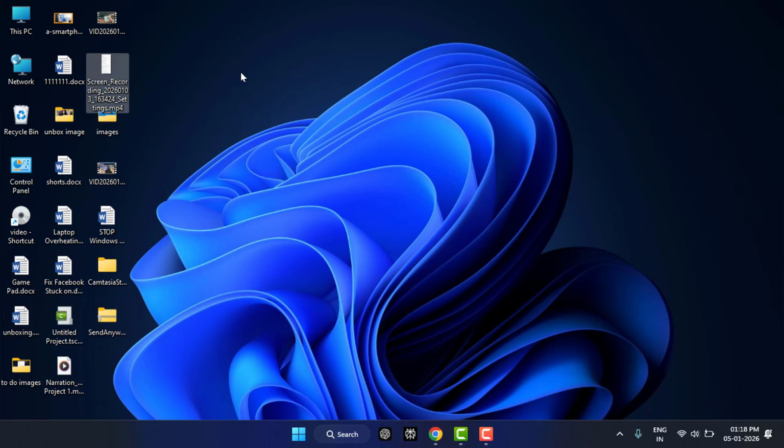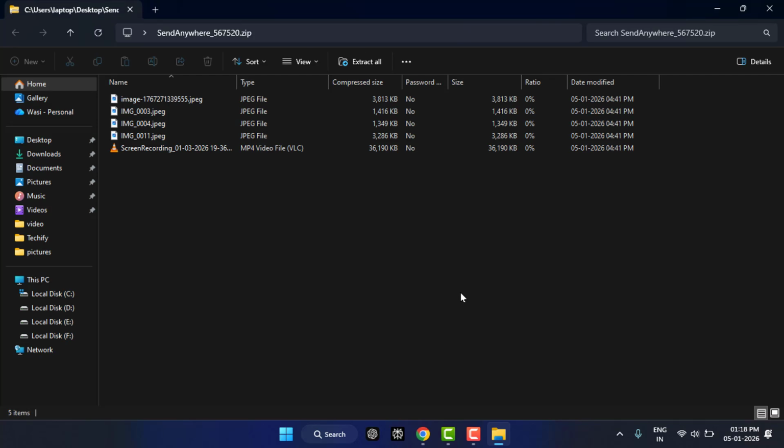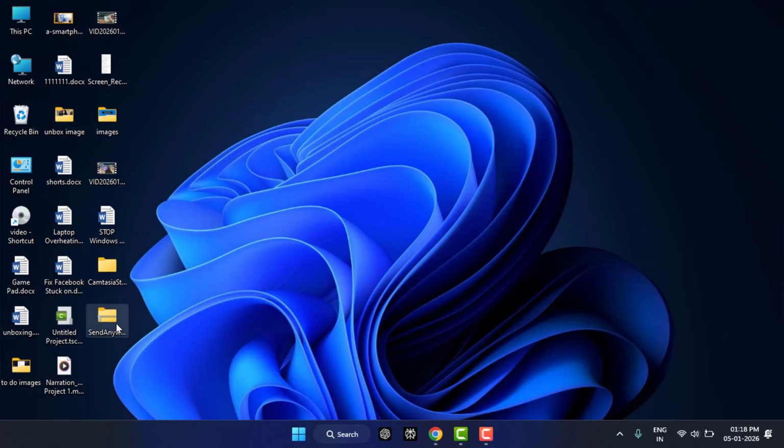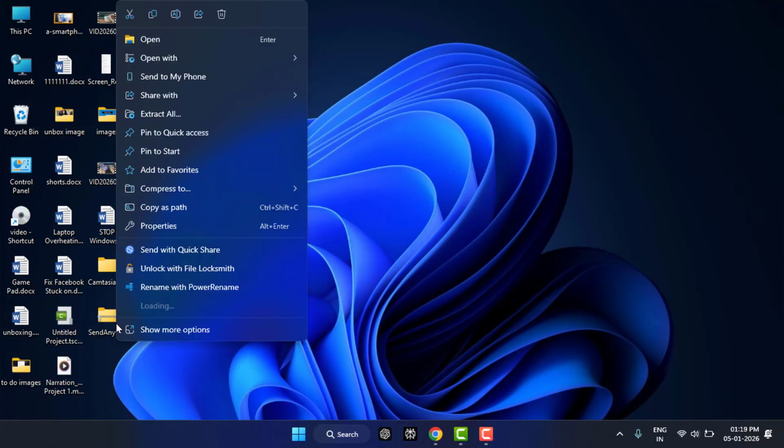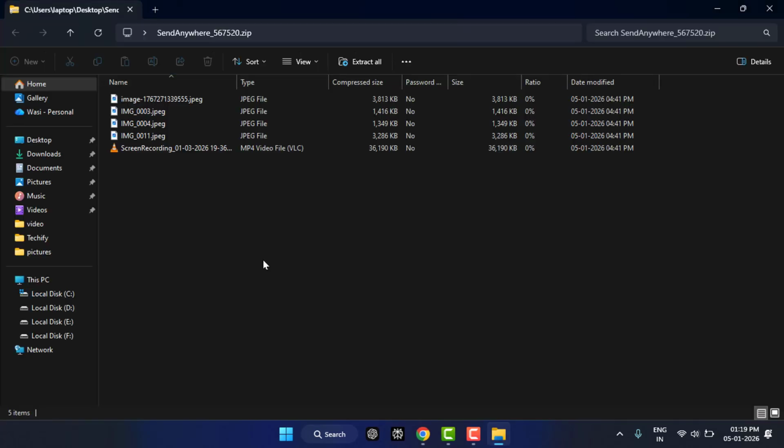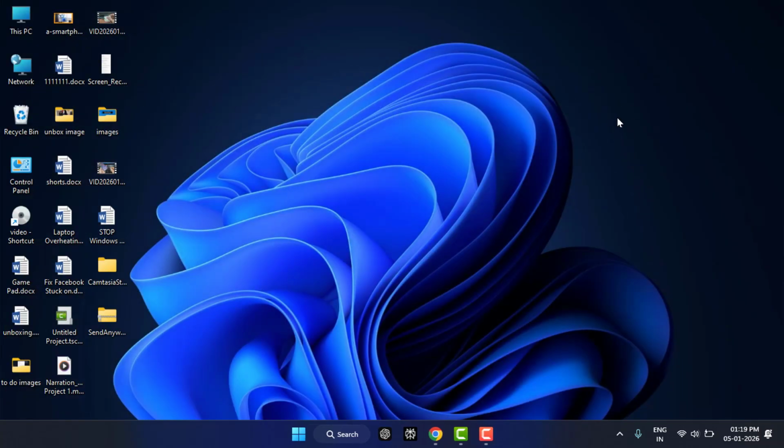When I try to rename another file, that file renames very easily, but these files are not renaming. If you have opened a zip file folder on your PC, first you need to extract it. Right-click on your folder and extract all files from here. After extracting, the file will rename 100%. If you don't have any zip folder and you are still facing the same type of problem,